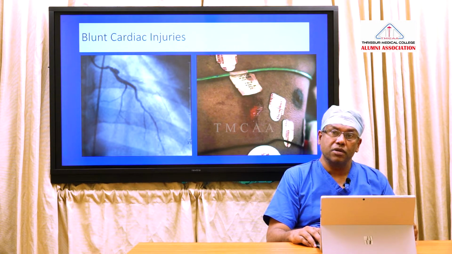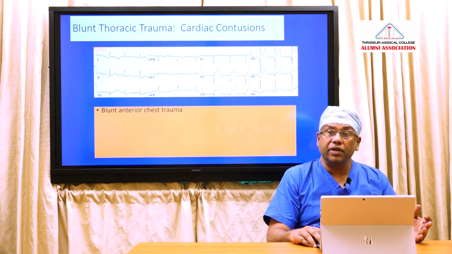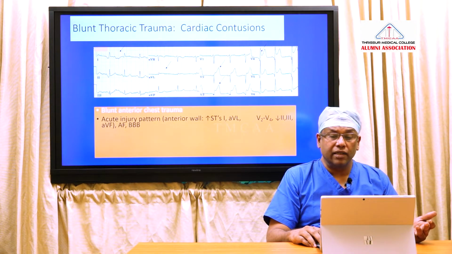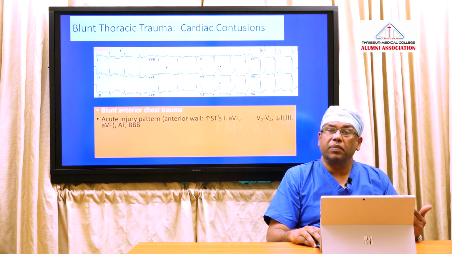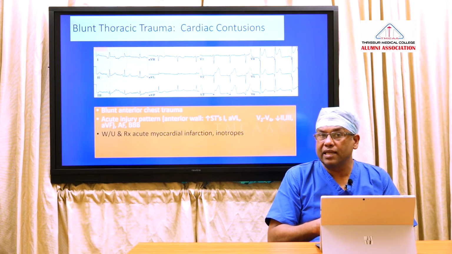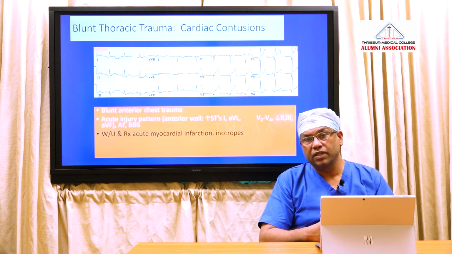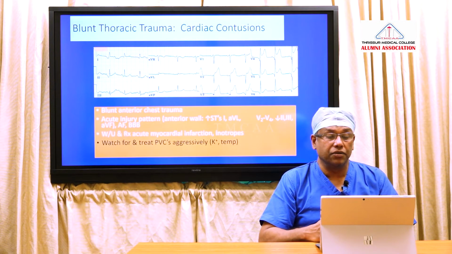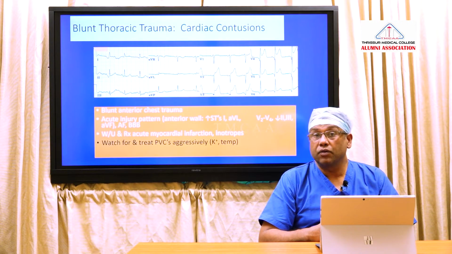How will you diagnose? It is just like an MI. So what will you do? You take an ECG. And when you take an ECG, you will find that there is an acute injury pattern in the form of an ST segment elevation on the anterior leads, as well as you can get a bundle branch block and sometimes atrial fibrillation. You can also send enzymes of troponin I or troponin T to see whether there is enzymatic evidence of myocardial contusion, and the patient has to be aggressively monitored because this patient can go into